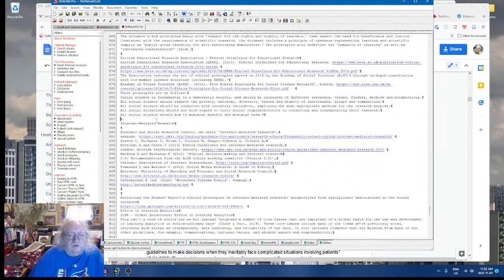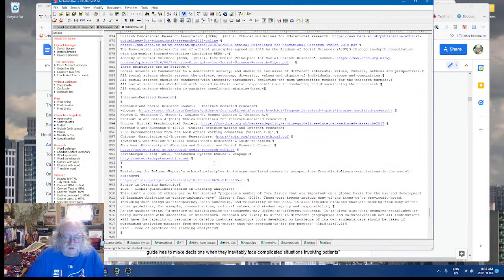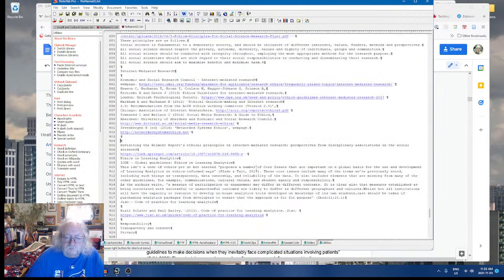Slimmer, BERA, Internet Media. Okay. So that's good. BERA now. This is the title. Economic and Social Research Council. Internet Mediated Research is what it's called. It's a web page, but whatever. And this is